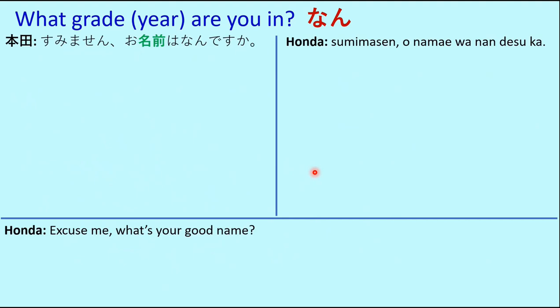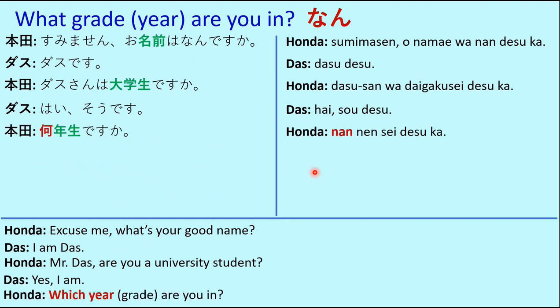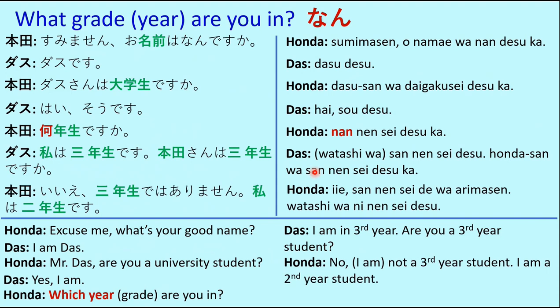Sumimasen, o namae wa nan desu ka? Das desu. Das-san wa daigakusei desu ka? Hai, so desu. Nan nen sei desu ka? Watashi wa 3年生です。本田さんは3年生ですか？いえ、3年生ではありません。私は2年生です。